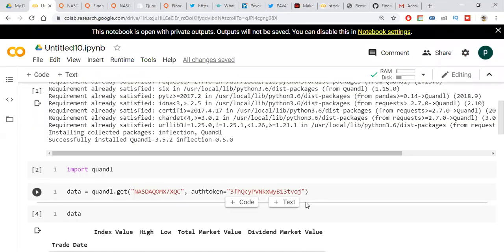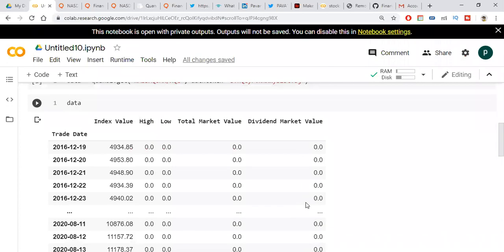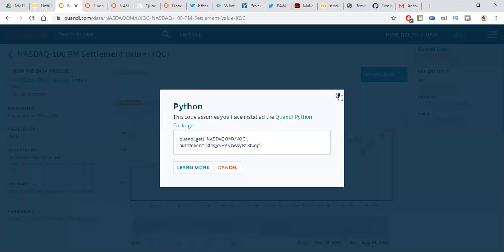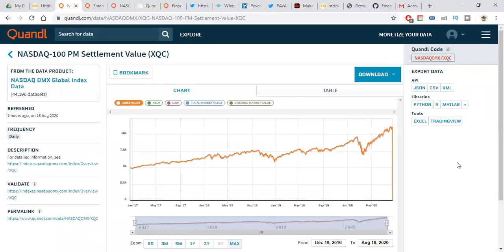Then you will get the data. It is a structured data frame. It directly gives the data in data frame format. You don't need to convert it to a data frame, or you can download it. We can download CSV file, Excel, JSON format. It is simple, friends.